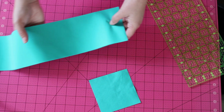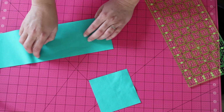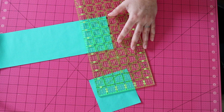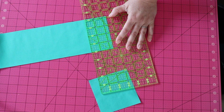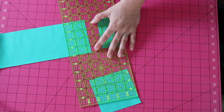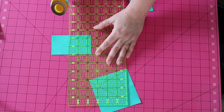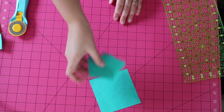And then from this, I need 4 2 3/8 inch pieces. So 2 3/8. So that's between the 1/4 and the 1/2. And I need 4 of them, so I'm going to cut a second piece. There we go. Now I have my 4 2 3/8 inch pieces, and then I'm going to go ahead and